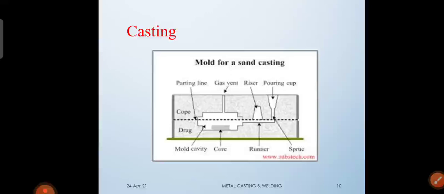By using those processes we are not able to make bigger or larger size products. So in such situations we use the casting process.